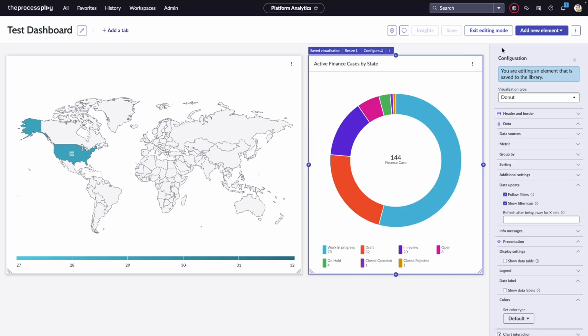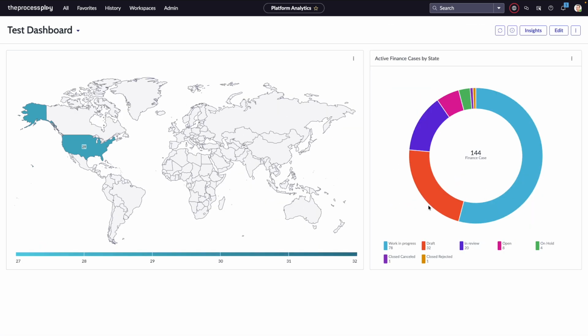close this down, and you can see this is all dynamic. So you can play around with the look and feel. It might look a little bit strange when you first save it, and then when you dynamically zoom in and out of your screen, or you're on a different size laptop, whatever it might be, all of these reports are dynamic, so you might need to play around with this stuff. But there you have it. You can quickly create those individual reports. You can export them, share them on an individual basis,